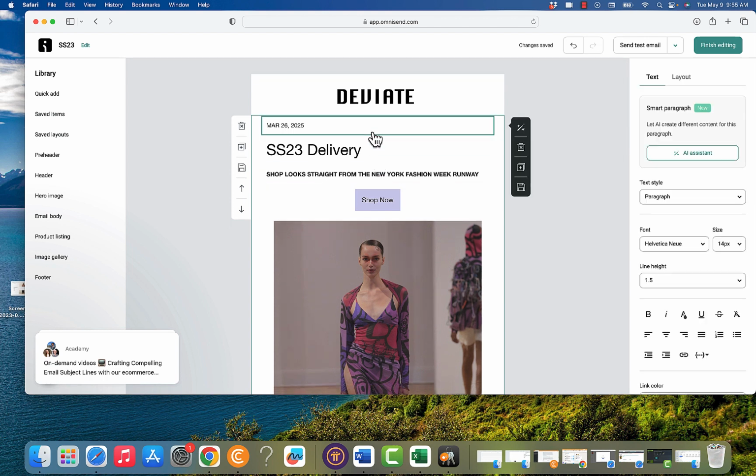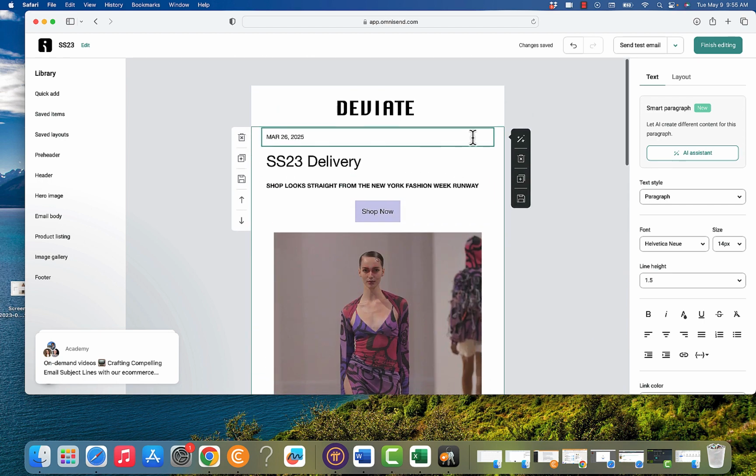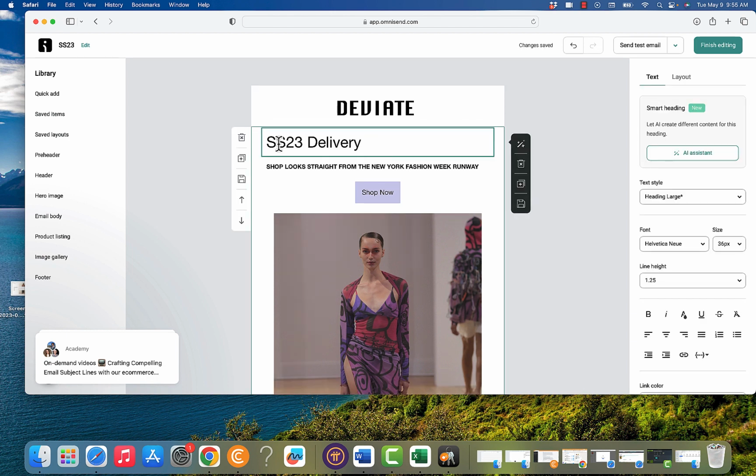As far as a date, no, everyone can see the date. I don't feel that's necessarily relevant to any email really, comparative to basically any other space that we're going to talk about. I would talk about spring season 2023, pre-sale, limited edition run, something that has some sort of urgency. So limited edition,